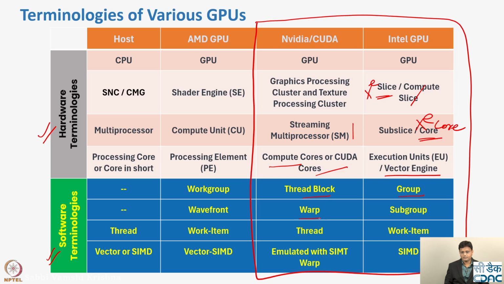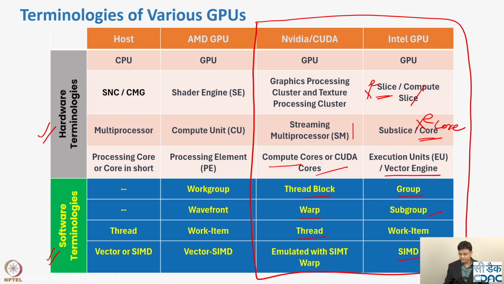In NVIDIA, a group of 32 threads is known as a warp. Intel uses the term subgroup. In NVIDIA, each thread, the software entity which actually carries out instructions to do some computation, is known as a thread. In Intel, it is called a work item. NVIDIA GPUs are emulated with SIMT warps, which means you can say emulated SIMD, not a true SIMD, but